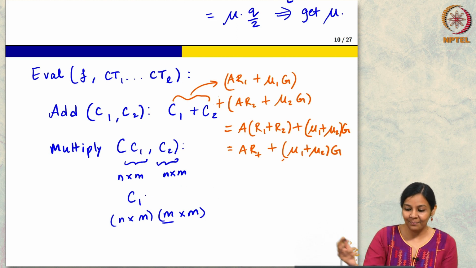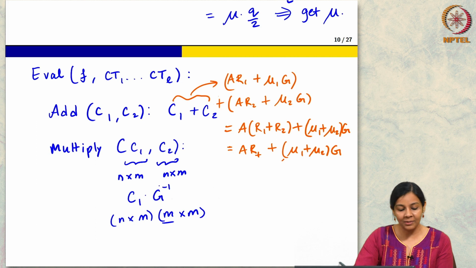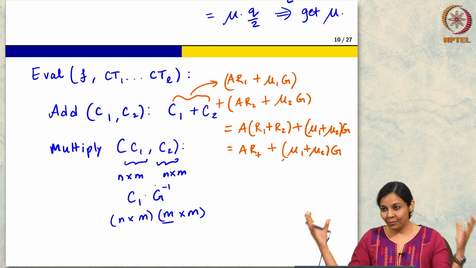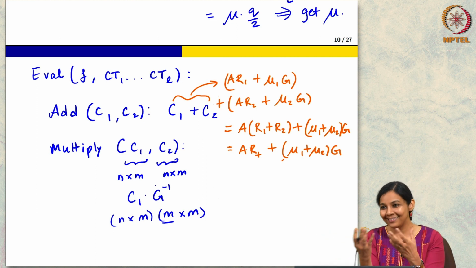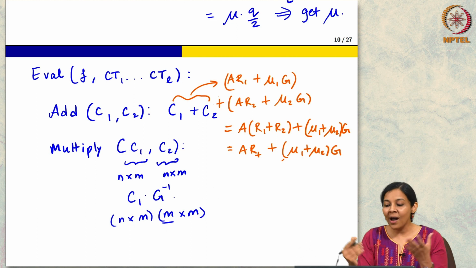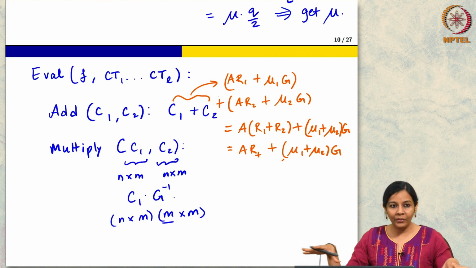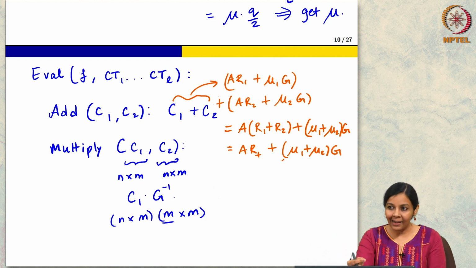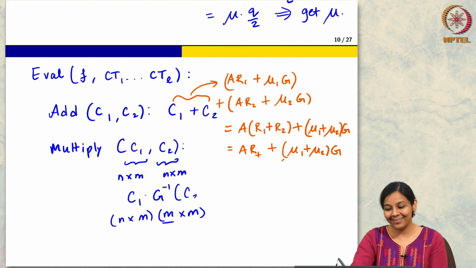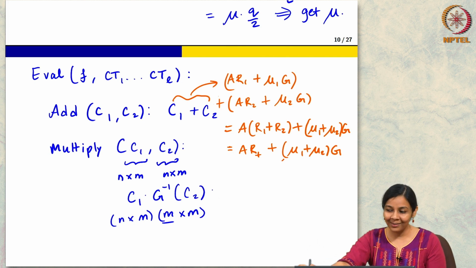Excellent, exactly, pretty much. So GSW came up with this. Here we are giving you each piece and saying that, okay, I want to flatten down these entries, because the noise will blow up otherwise, and I gave you exactly one method to do it. We also noted that the dimension will blow up, and I also told you that m is n log q, and that is what we are missing. So, very good. G inverse C2, okay.